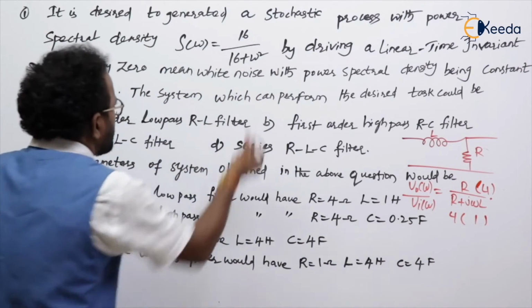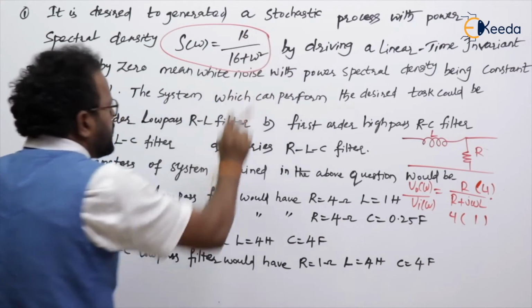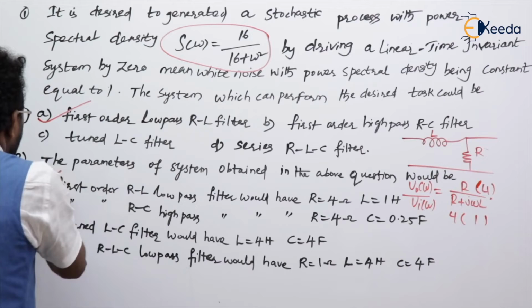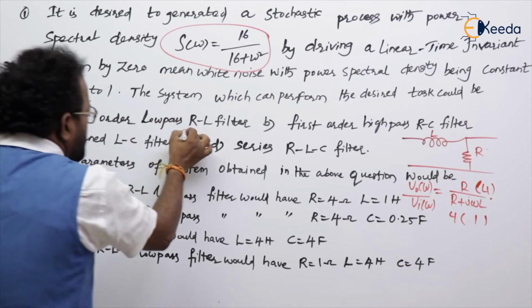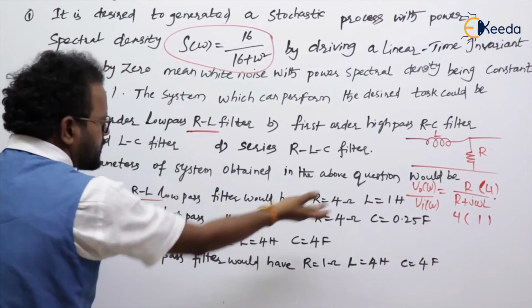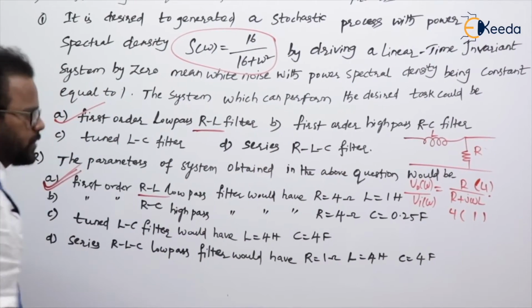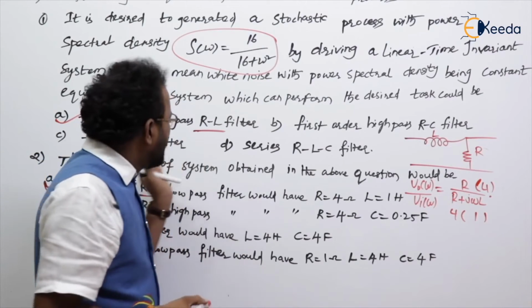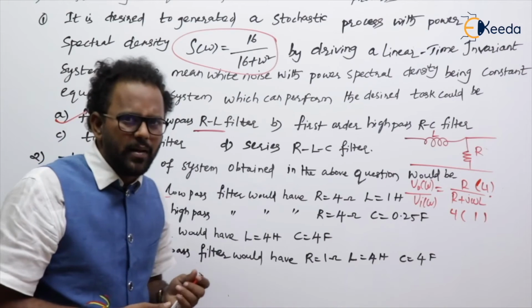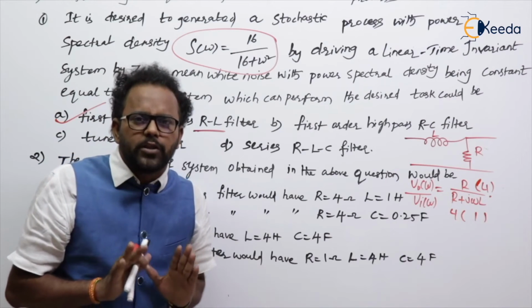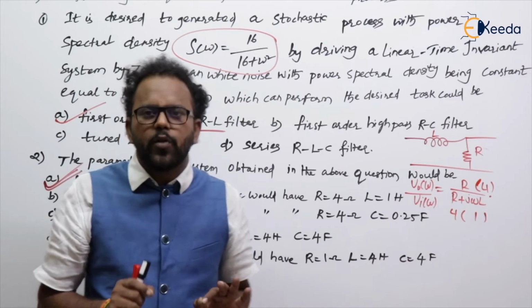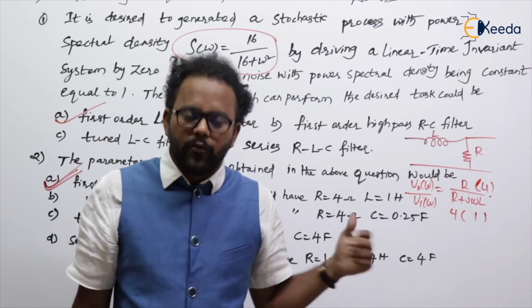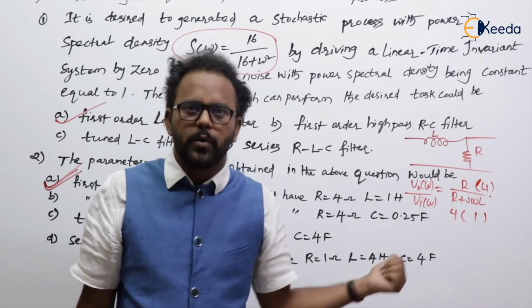So we get 16 by 16 plus omega square. So here it is option A. Because here I substituted the filter and these characteristics, and then I got only that option. The remaining ones you can also try: first order RC filter, and RLC and LC filters are given. Simple. Apply the voltage division rule and you will get the transfer function. From there, from the options, you can compare with the second question. Clear?